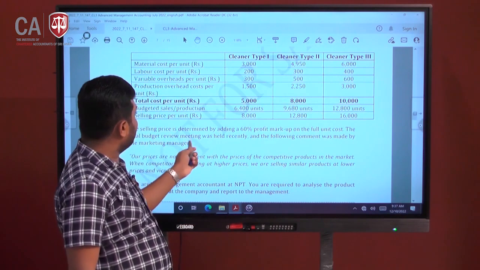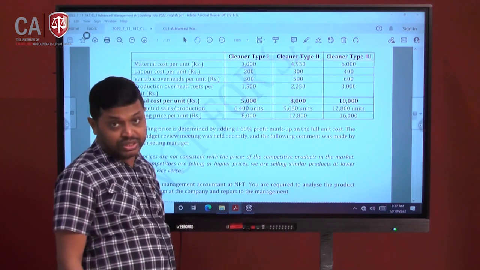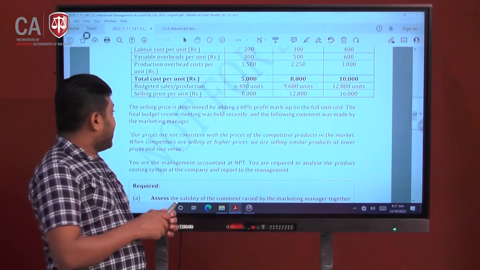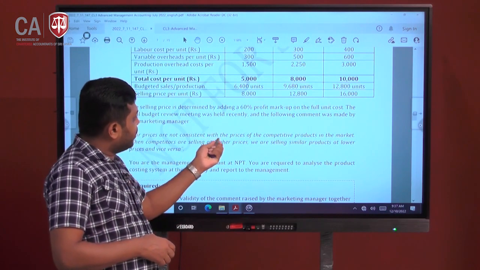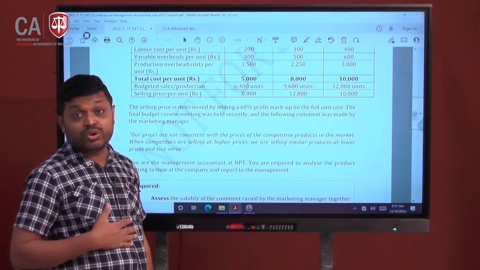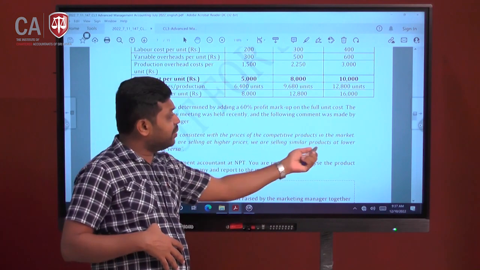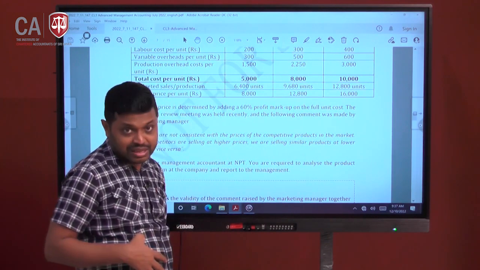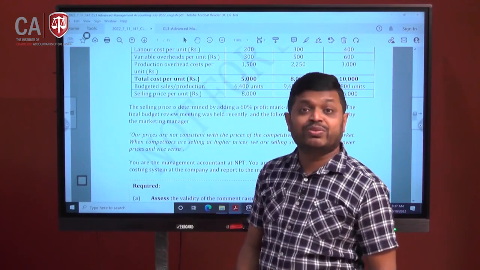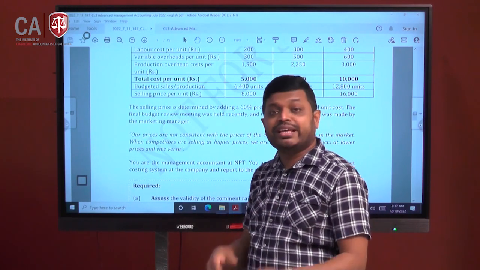The final budget review meeting was held recently and the following comment was made by the marketing manager. Look at this statement: our prices are not consistent with the prices of competitive products in the market. Our product is not competitive. When competitors are selling at higher prices, we are selling similar products at lower prices, and vice versa. That means when competitors are selling at a lower price, we are selling at a higher price. Definitely, we will lose our market. We will experience some